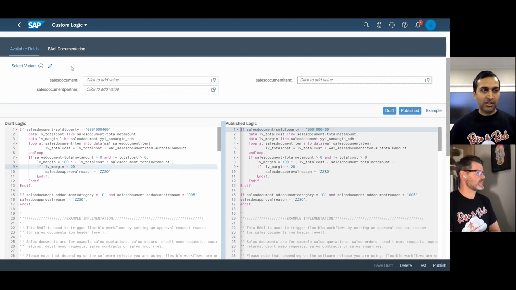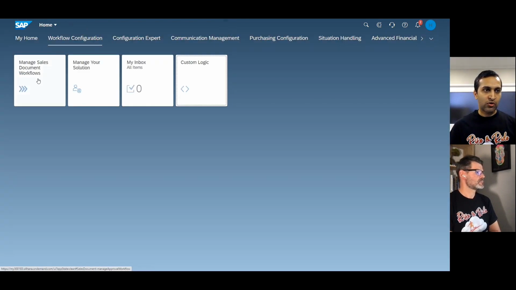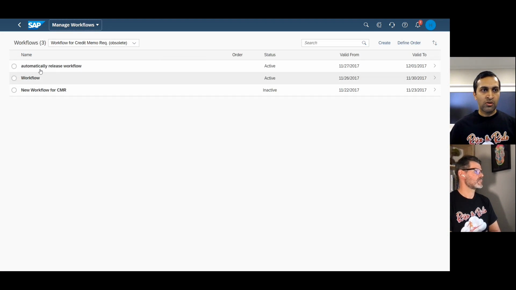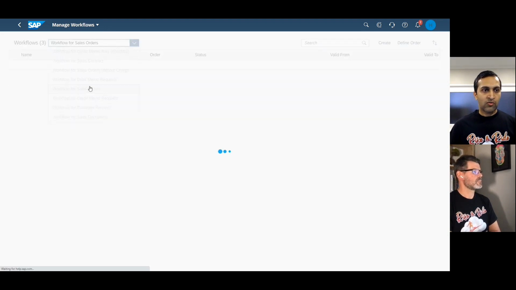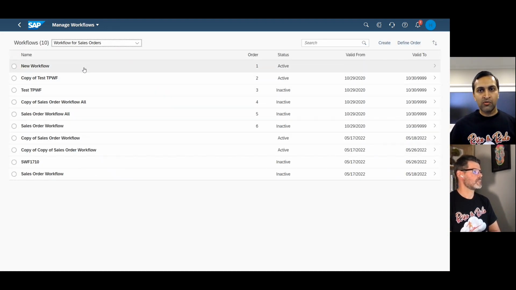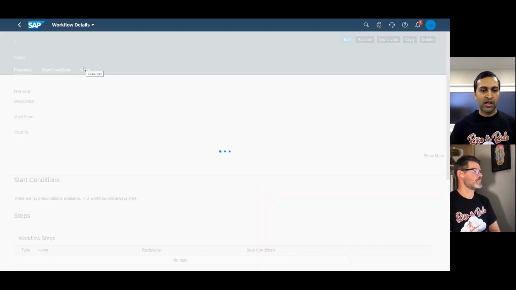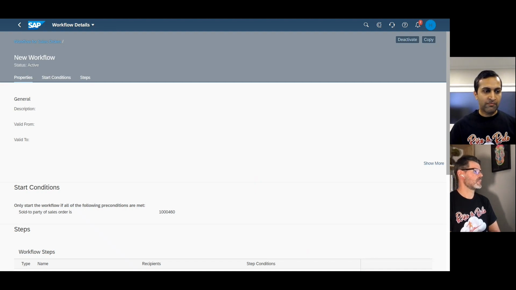But that is it. It's a simple implementation. And subsequently, what you can do is you can go to manage sales document workflow. And here, workflow for sales order. You can define your new workflow, which will work for the business scenario that we have just seen, where now